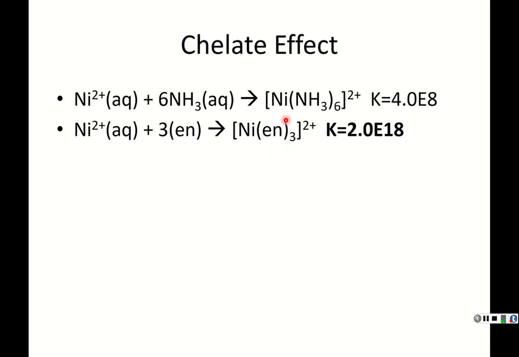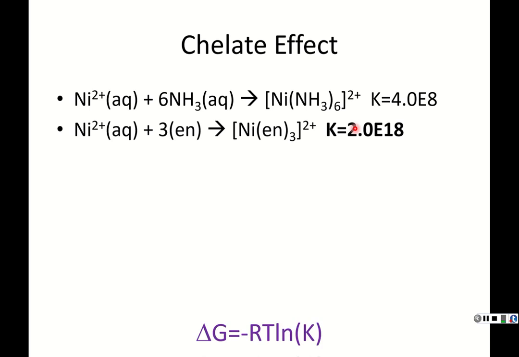So very similar. This is just using bidentate ligands. The K values that you see are drastically different. When you're using 6 individual NH3s, the K value is 4 times 10 to the 8th. When you use 3 ENs, it's 2 times 10 to the 18th, so orders of magnitude higher for the bidentate